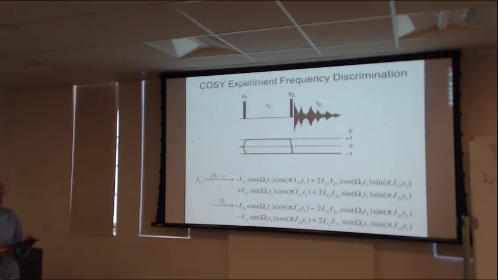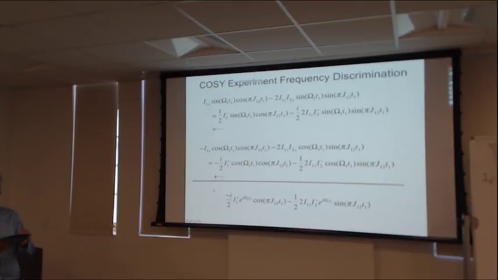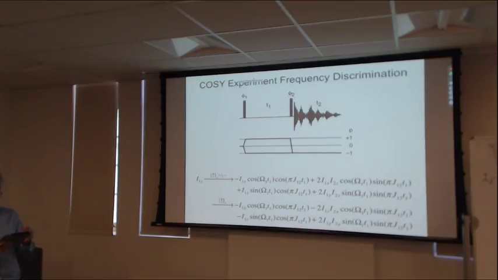So now we're going to do the experiment the second time, but instead of the second pulse being phase X, now the second pulse is going to be phase Y. So what happens now? Now it's the X component that rotates up to the Z-axis, and the Y component remains